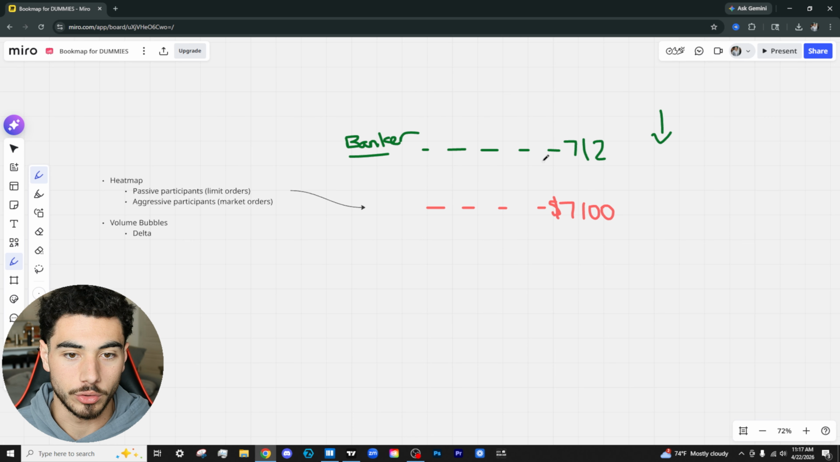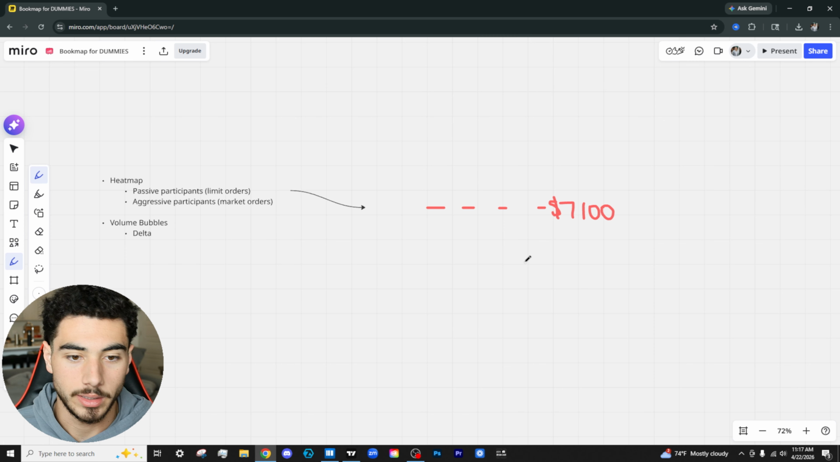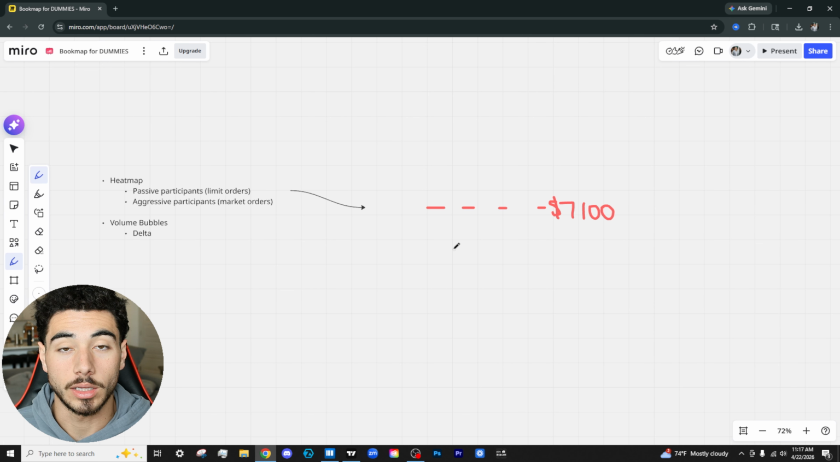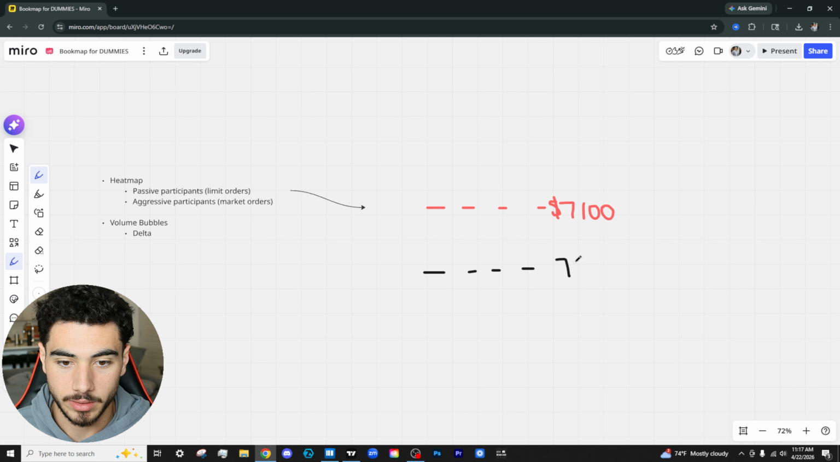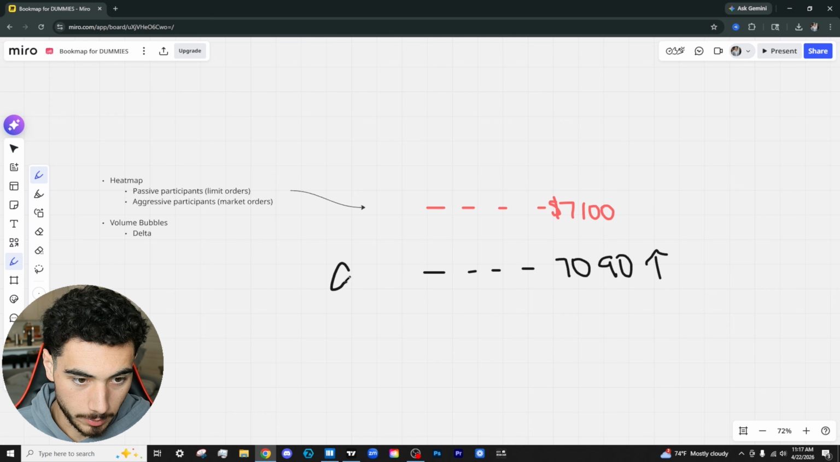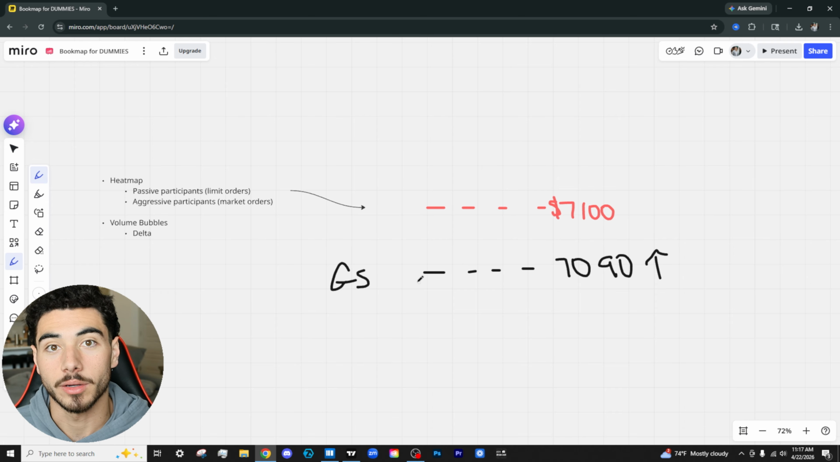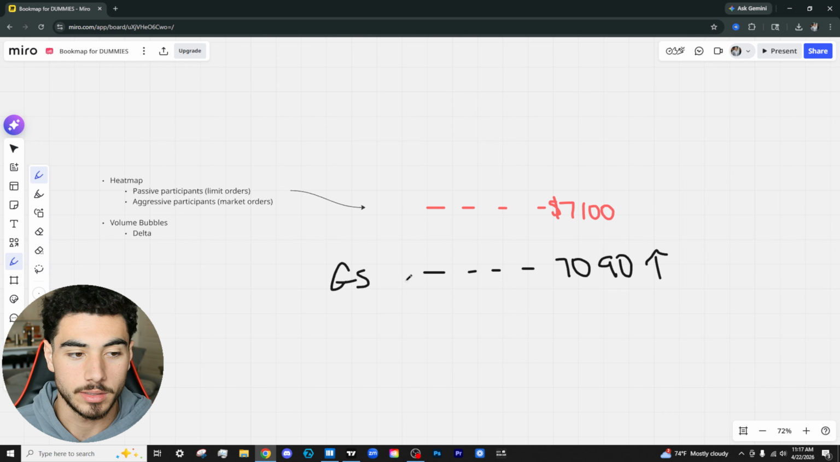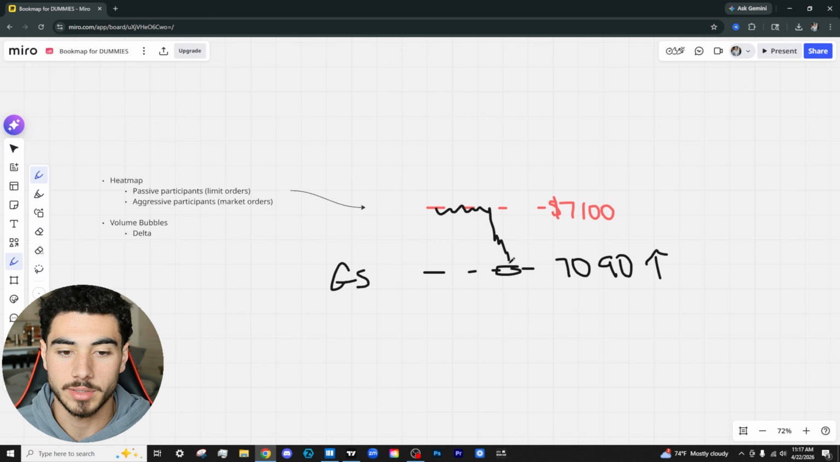And then the same is true for Mr. Banker, right? If Mr. Banker wants to get long at 70.90, right? He wants to take this market long. He wants to buy it. We're going to put GS for Goldman Sachs banker. Goldman Sachs is one of the big institutions. They move the markets a lot. So he wants to get long here, right? So price is trading here. He won't execute until price comes down to his price level and then he gets filled,